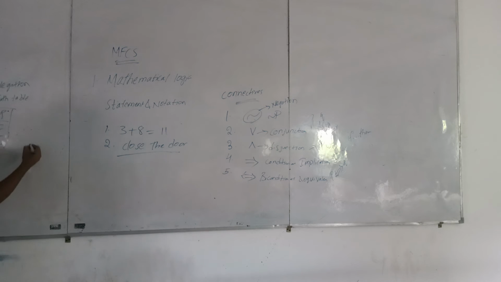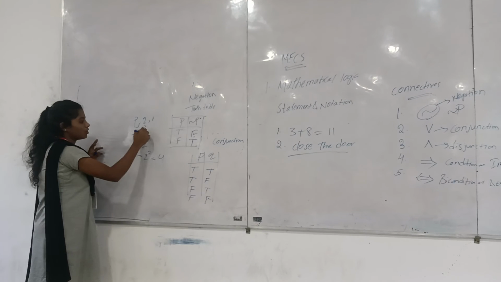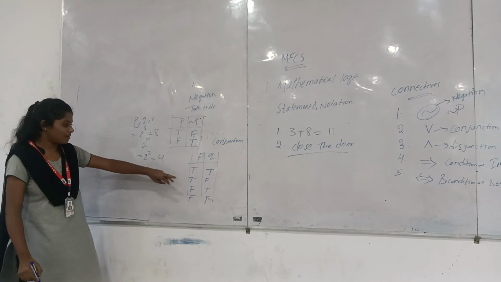And if we take a conjunction, we will take P, Q. There is a logic for that. If we take 2 variables, P comma Q, there are 4 terms: true true, true false, false true, false false. We can calculate it: for n variables it becomes 2 power n, so 2 power 2 means 4 terms will be there. If we take P comma Q comma R, it becomes 2 power 3, that means 8. And there is a table for that also.